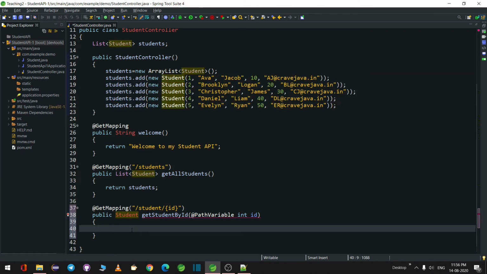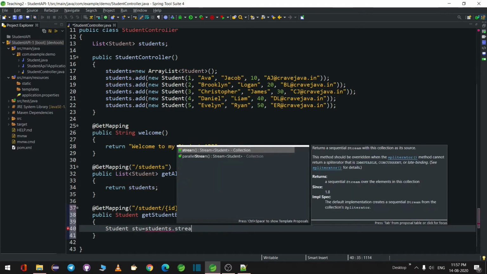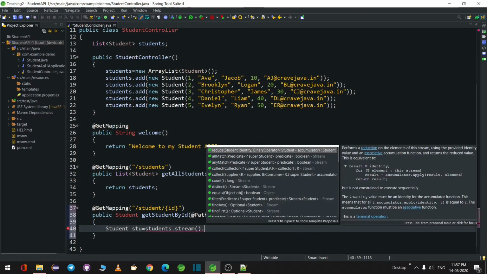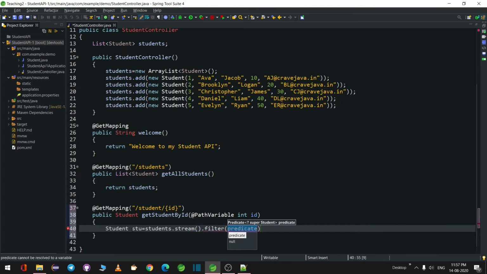Okay, there are two ways to do it. One way is the older way, which is to iterate through the list, get that student and return it to the user, and the second way is using streams. I'll show you both the ways. Let us go ahead and start by using streams. I'll say student stu is equal to students.stream.filter